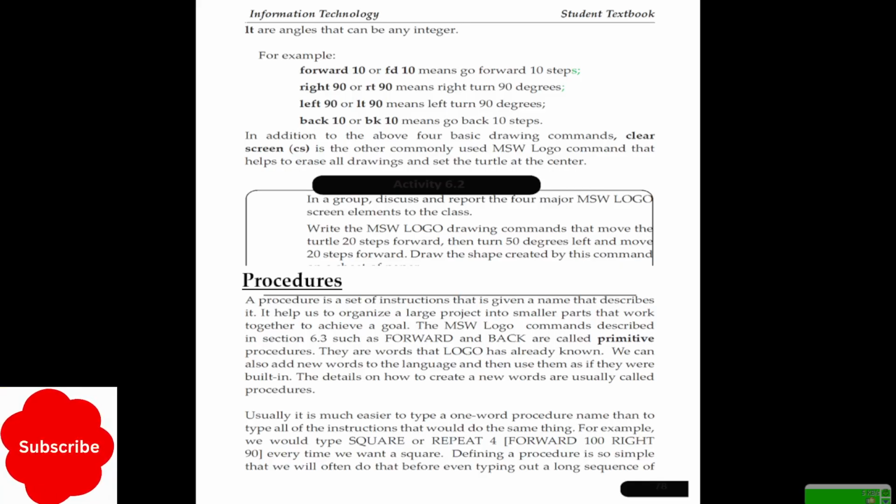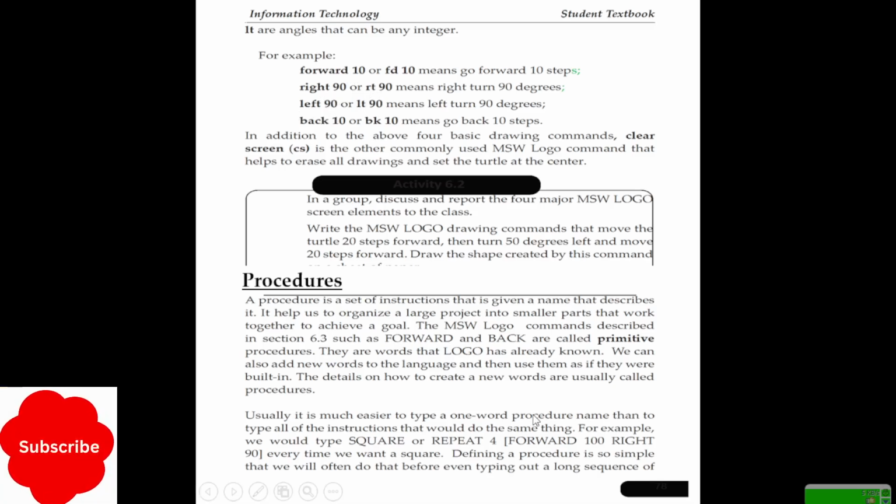It's not possible to use other abbreviations such as FO, FW or FR. Only FD for forward. The same goes for right RT, left LT, back BK.